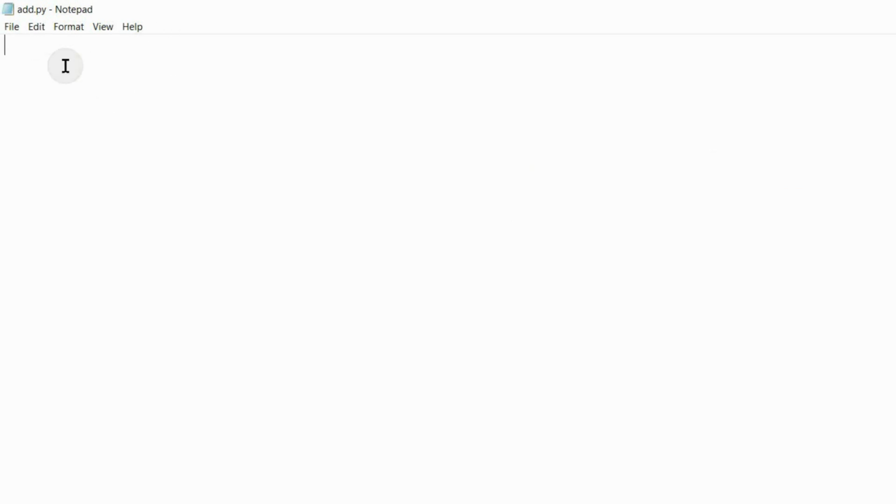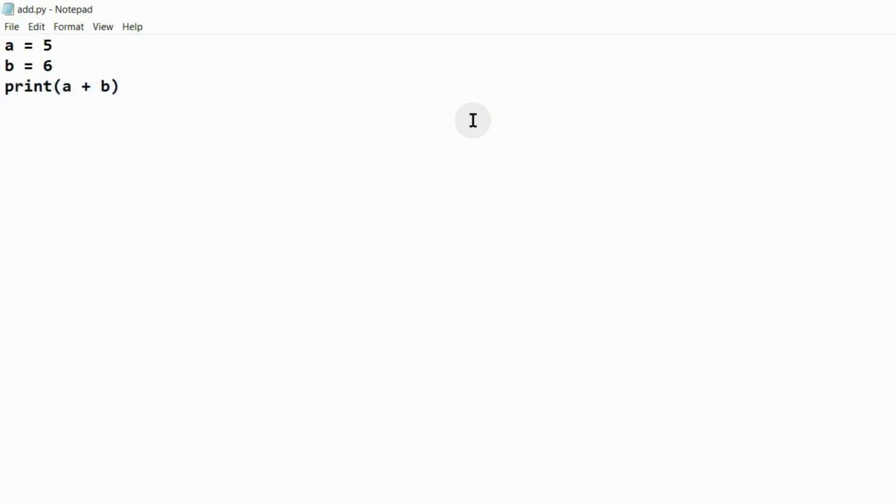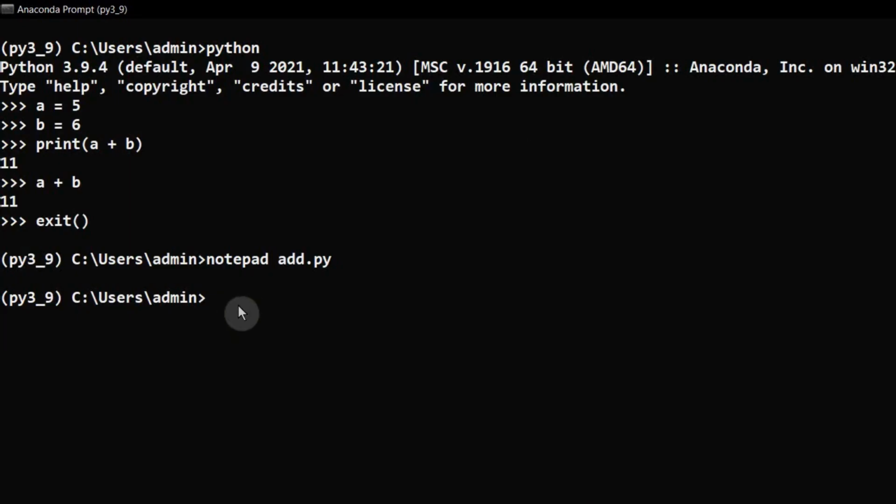Then I am entering my Python statements as part of this program. Variable a I am taking with a value 5. Another variable b I am taking with a value 6. And then I am going to use a print statement to display the value of a plus b. And then I am saving this file. Then I am going back to the command prompt. Then I am calling the Python interpreter with the command python, and then I am supplying my script name add.py as input to that interpreter. If I press enter, then I got the result 11 here.